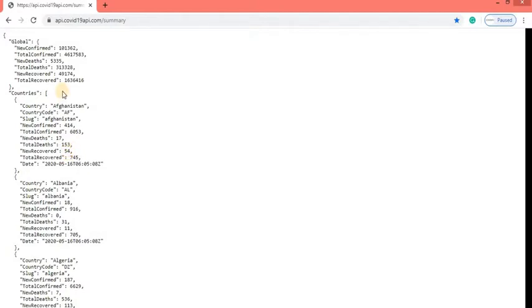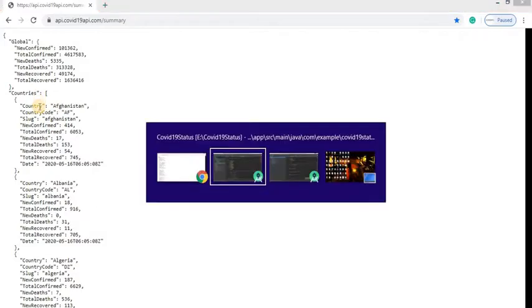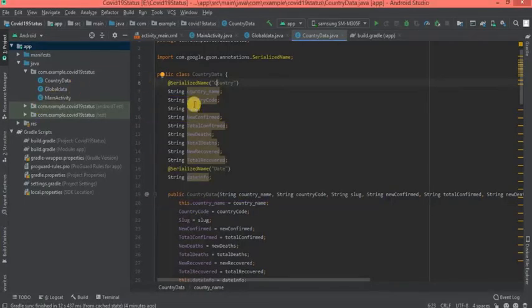And here the country name is mentioned as country, but here I have mentioned it as country underscore name. To map these values, I have to mention an annotation called SerializedName. In SerializedName, we need to pass the actual field value as a parameter.